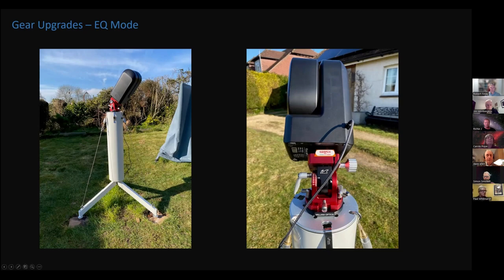Yeah, and the next piece of kit that I bought was the William Optics wedge. Now, there are lots of different wedges available, so it depends on where I am in my notes. Yeah, so there's a Skywatcher wedge. You could use a photographic ball and socket